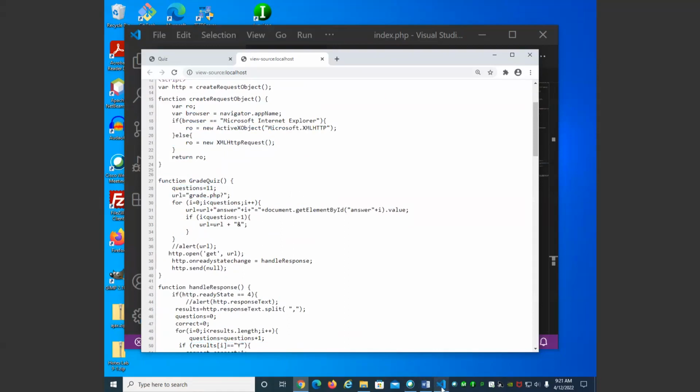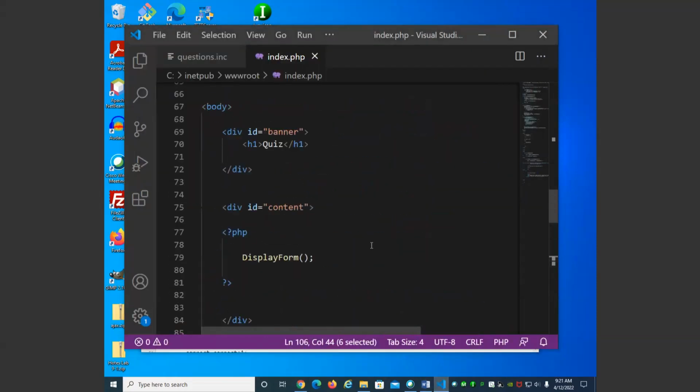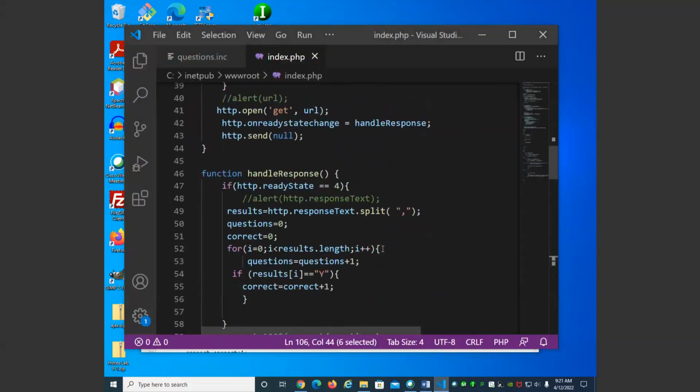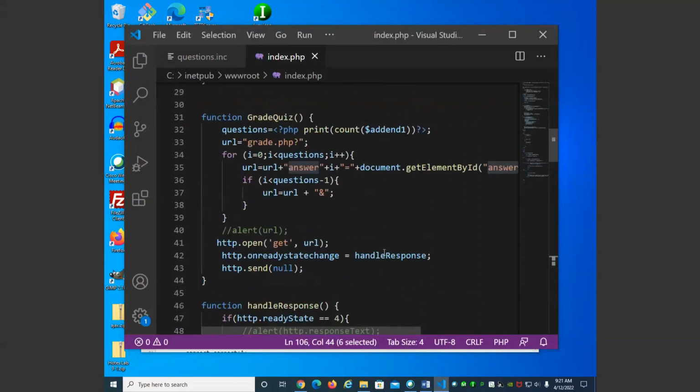Oh, wait a minute. Let's look at the PHP code. We're looking at the wrong thing. Maybe I didn't cheat. I didn't. Yay. I actually used PHP to print out the size of the array. So that's how I know that the number of questions is 11. Yeah, that makes sense because I didn't go in and change that. This is kind of next level stuff where we're using the PHP not just to create HTML,